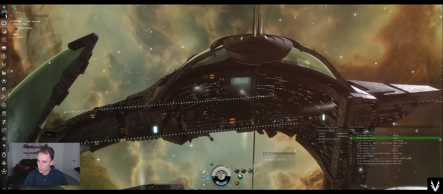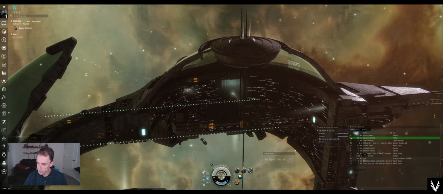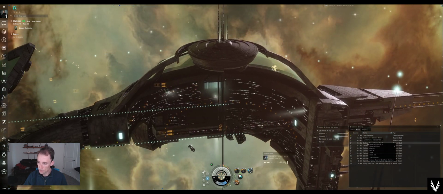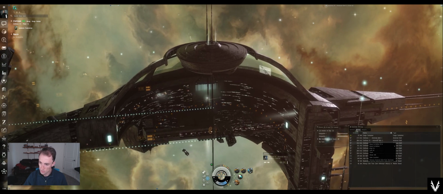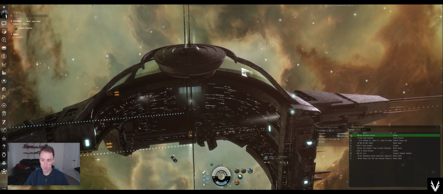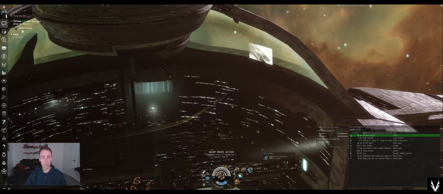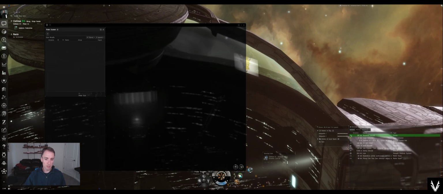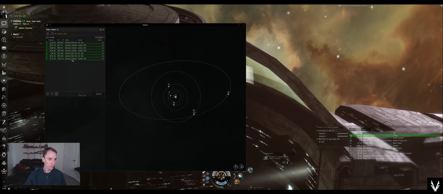let's get out of here. Let's go to, let's see, mining. All right, well, let's go to one of the mining belts in the system I'm in, just to pick one at random. So, in my experience, if you can find an anomaly, a mining anomaly, now this is